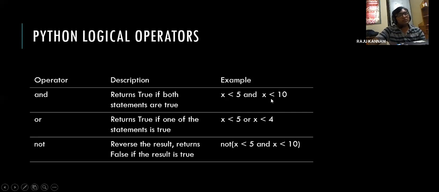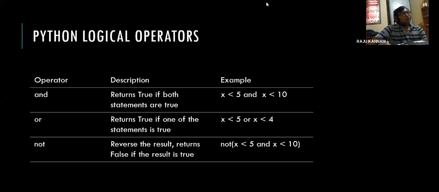Okay, so that means there are two conditions I have to check. Now 10 members are there in the hall, so I have to take the entry sensor value and the exit sensor value. For that purpose, logical operators will be useful if you want to work with more than one condition.